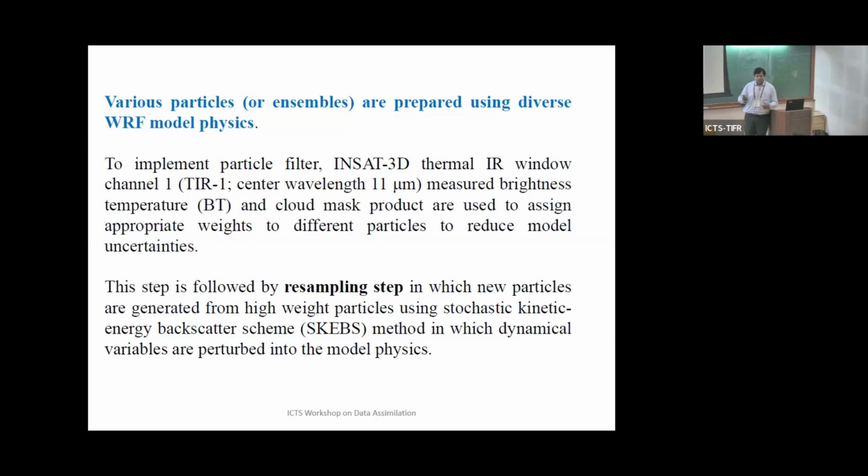Like this, there are some theories on which we generate different ensemble members. So to generate my new particles, after rejecting a few particles in my previous time step based on the performance of my brightness temperature and cloud, now I